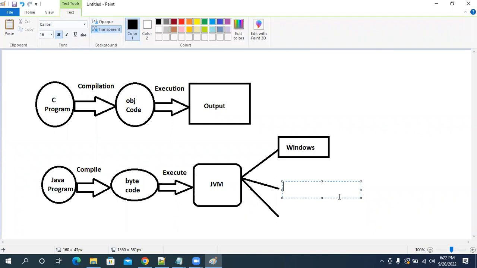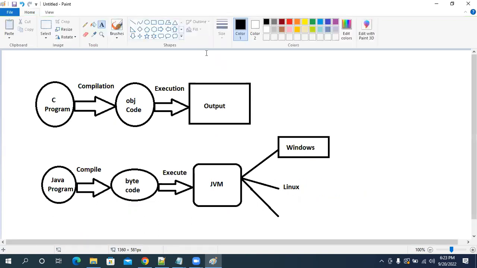Then that JVM is going to take your bytecode. It will convert that bytecode into underlying machine understandable format. That means if you are using a Windows machine, if your laptop is having a Windows operating system, that bytecode will be converted into Windows machine understandable format. Are you guys getting my point?